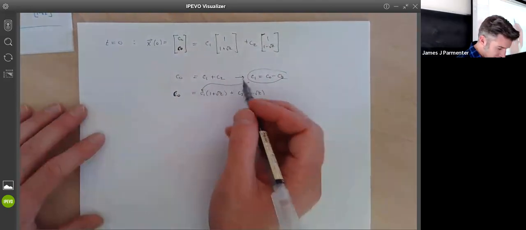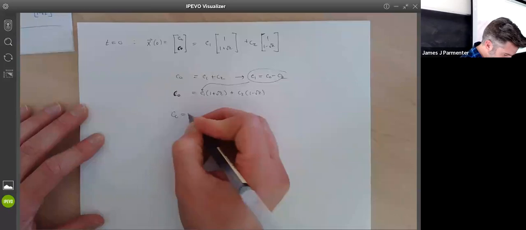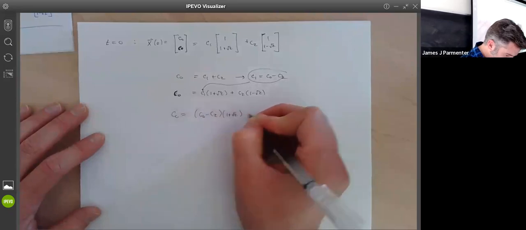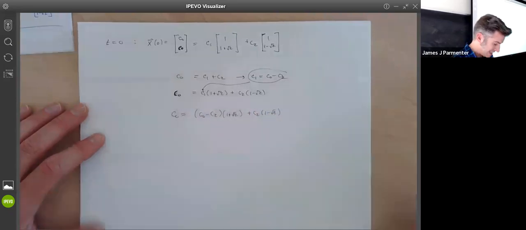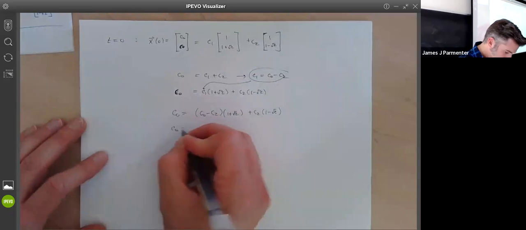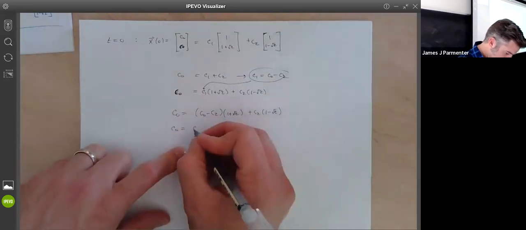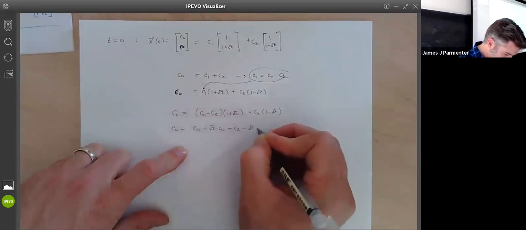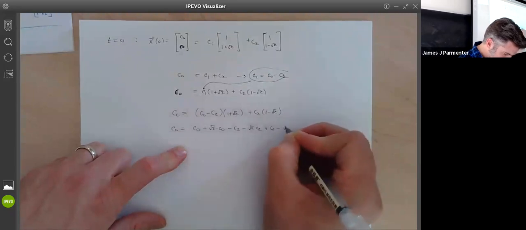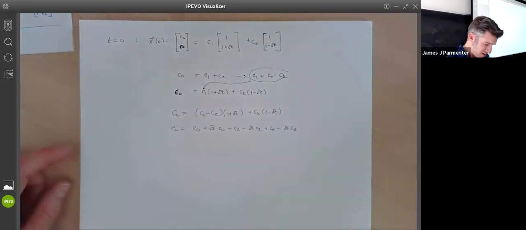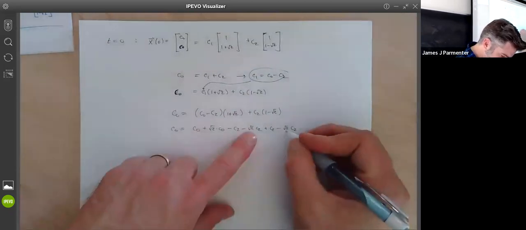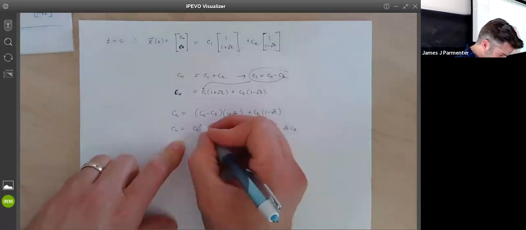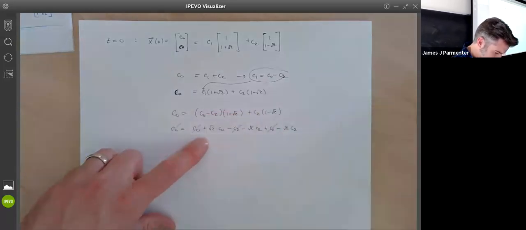Okay, so then we're going to plug that in there. We're going to get C naught equal to, oh boy, C naught minus C2 times 1 plus root 2, plus C2 times 1 minus root 2. Multiply it out. So we're going to get C naught plus root 2 times C naught, minus C2, minus root 2 times C2, plus C2, minus root 2 times C2. Hopefully some stuff cancels. I think we do. Let's see. Minus root 2. No, that doesn't cancel. Negative C2, positive C2 cancels. A C naught and a C naught cancel. So I think we're left with,